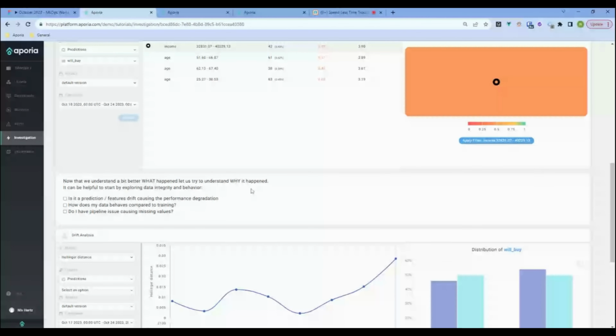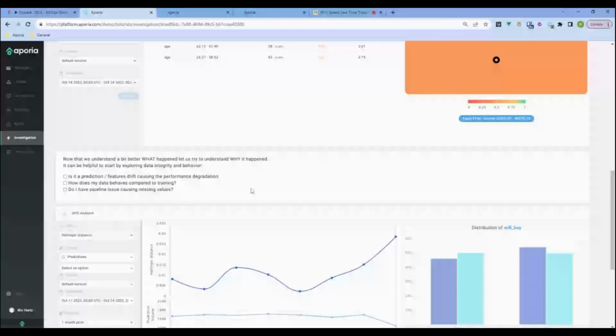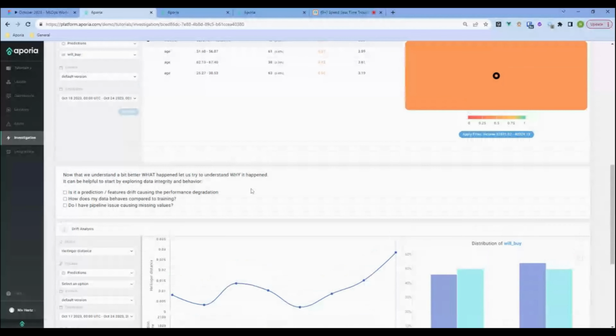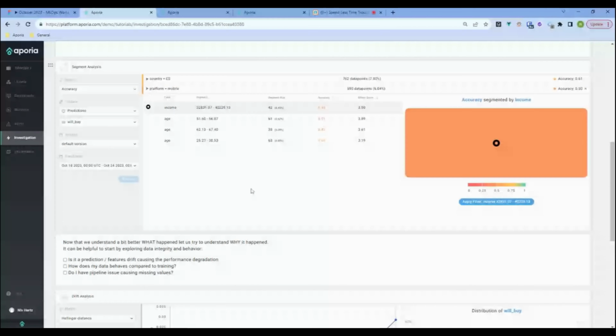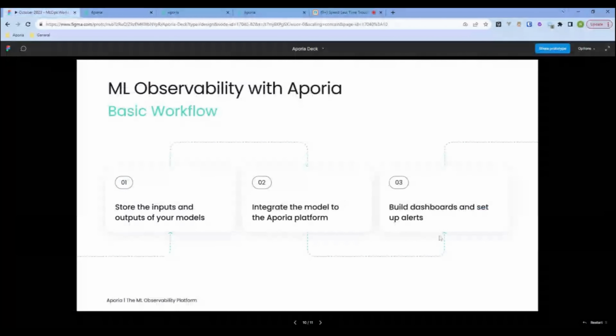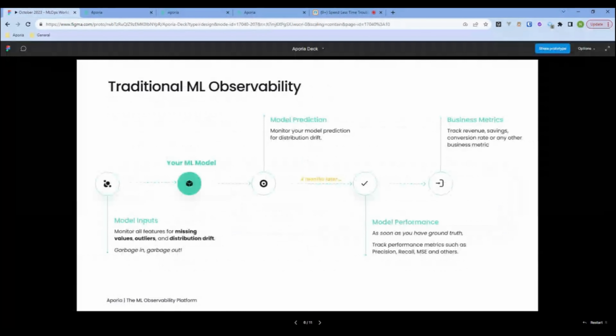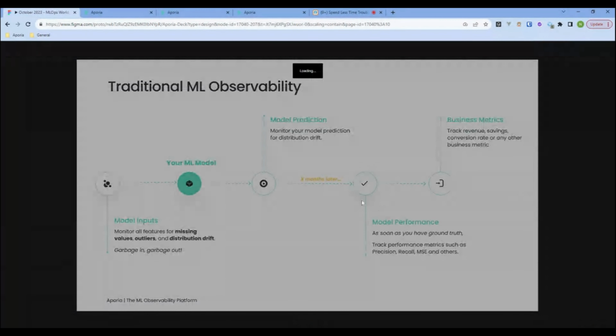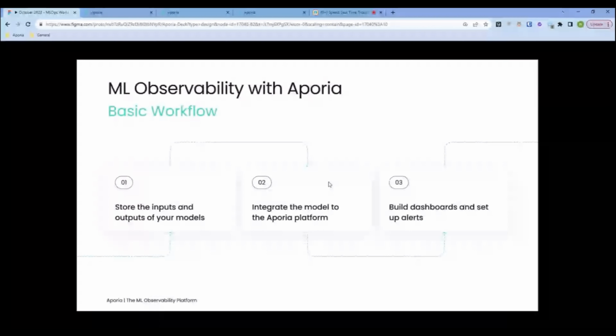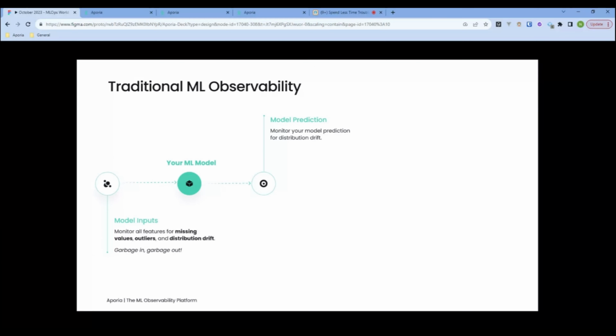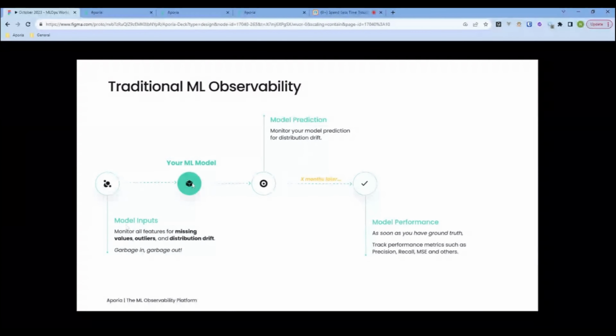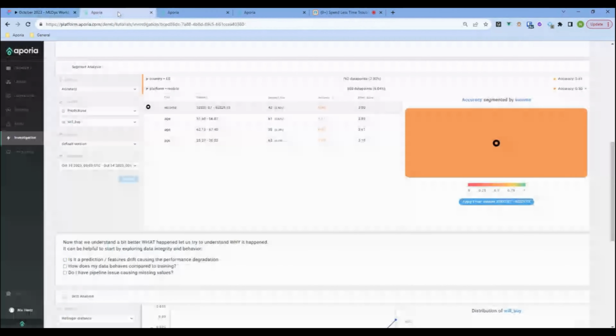Now, I want to start to understand. We understood the impact on the performance. So if we go back a bit to the pipeline, we started from an issue with the model performance, and now we want to understand whether it's the predictions that have changed or the model inputs. So again, going back,